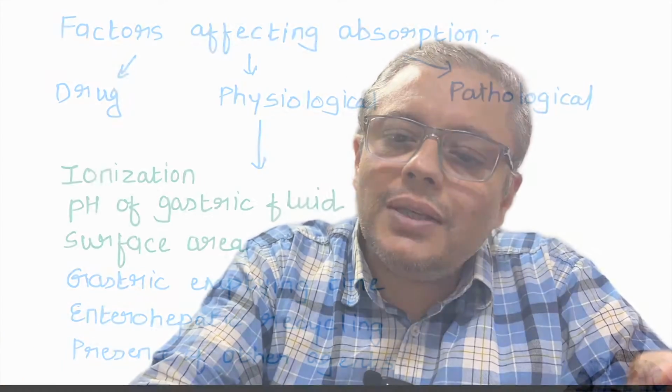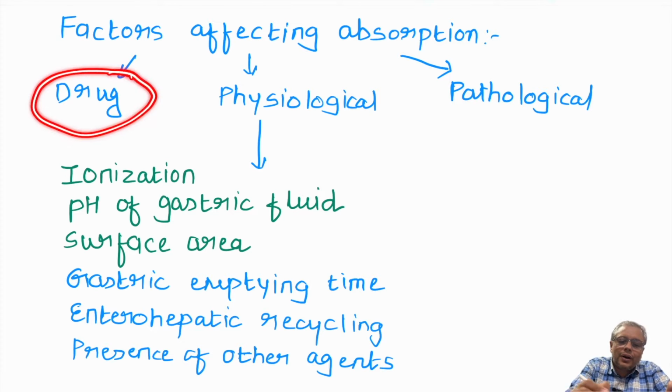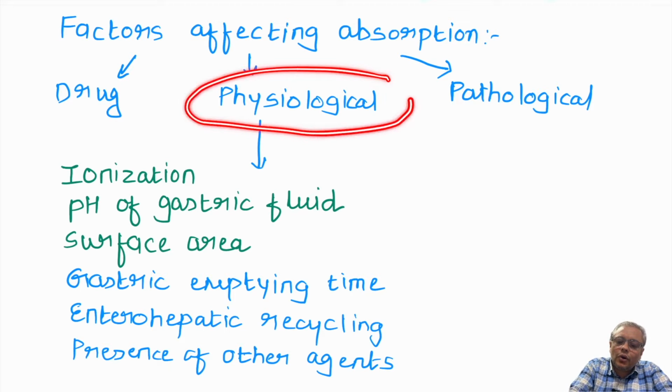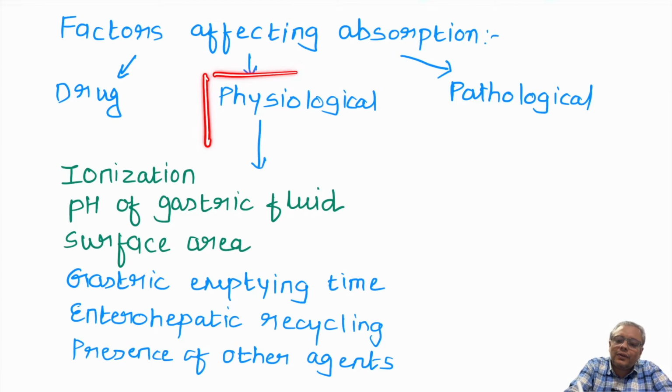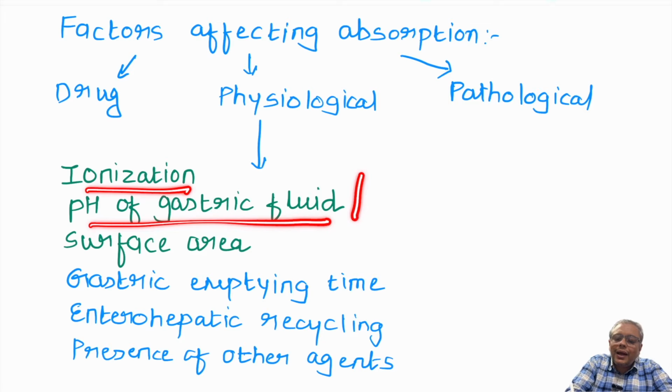So in the series of the pharmacokinetics, we have started discussing absorption, distribution, metabolism and excretion. And in the previous session, we started with what is absorption and which are the different factors that can affect the absorption. There are three types of factors: certain drug related factors, certain physiological factors, and certain pathological factors, and we have started discussing the physiological factors. And in this we have discussed the ionization status and the pH of the fluid,